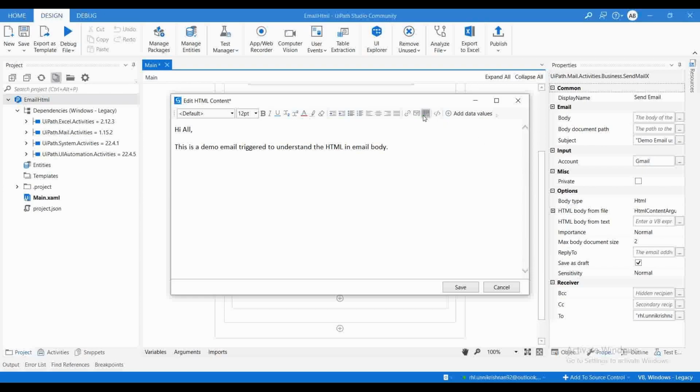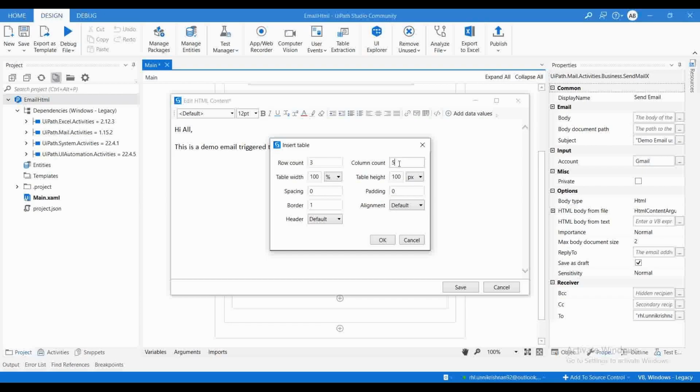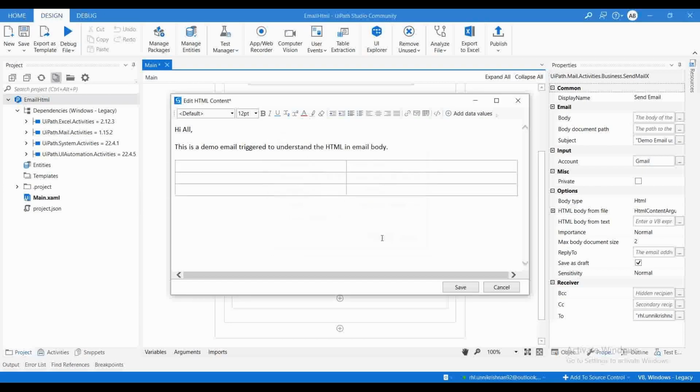Okay, so instead of creating 3 columns, let me create only 2 columns. Okay, 2 columns and 3 rows, that is fine. And here server, and here status. Okay, and here the server is server1, status I'm not going to add anything,